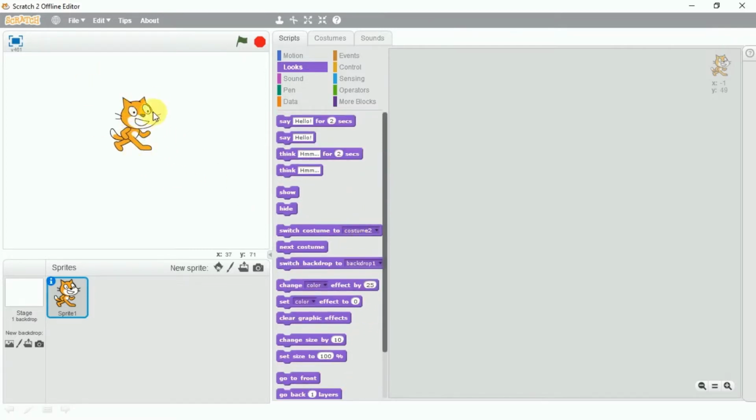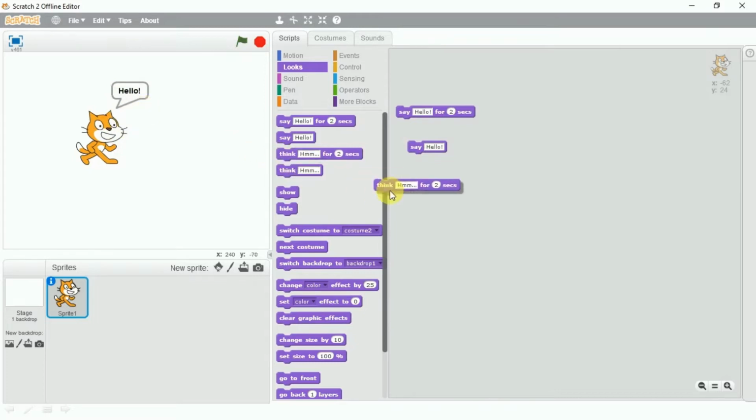So this is our sprite. Okay, so it says hello for 2 seconds, which means this white text area can be edited, and this time also. If we want our sprite to speak something for a particular duration, then we would be using this. For example, like this. This bubble will stay here for only 2 seconds. Okay, if we want to say something for an indefinite time, which means the time is not fixed, then whatever it says will be kept on the stage for a long time, or until we change it.